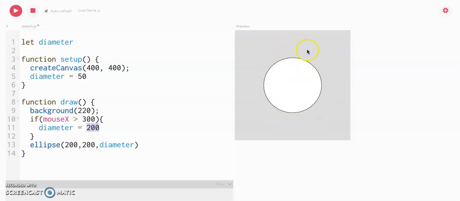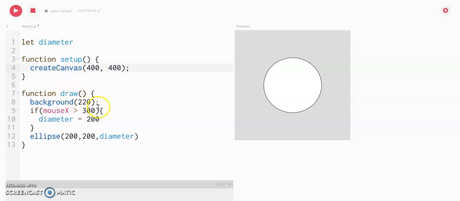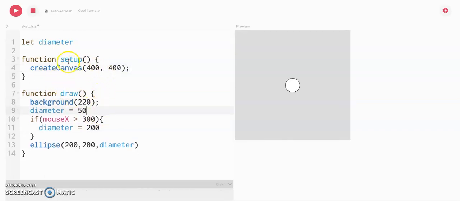Well, there's actually a way that I can change up my code a little bit so this can be a little bit more interesting. But you just saw that the real thing here was if mouse X was greater than 300, it changed the variable to 200. Now, what if I just did this? I'm going to move down my code to here. Instead of doing it in setup, I'm going to put it in draw. And now I want you to watch how that changes things. If I go greater than 300,